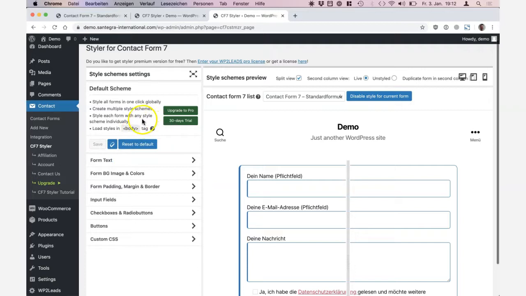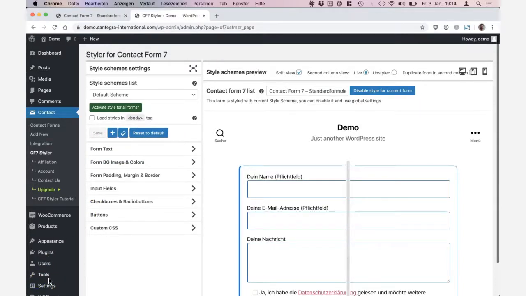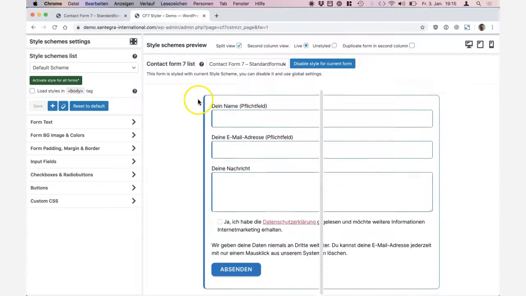So I will come back when I activate the trial version, the pro version, and then we look at all the features. So I activated the trial version. Welcome back. I enable the full screen, and now you see